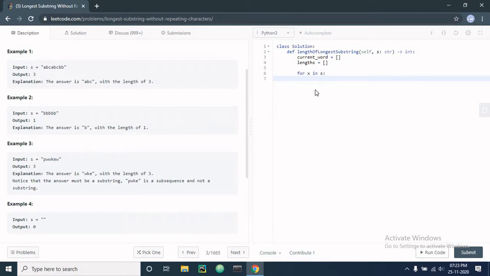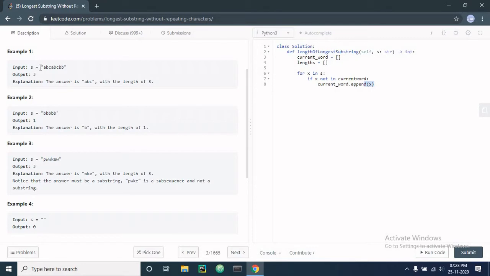Then check if x is not in current word. If x is not in the current word, then append x to the current word. Let's take an example.